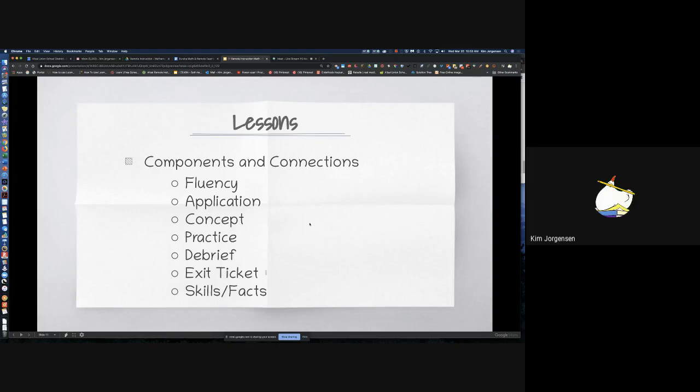The debrief is one of those places where you can still connect with the students. And that would, again, take place in a Meet kind of a situation where you've got the kids in there and they can share what they learned that day. Suggested debrief questions are in your TE. Not much more really exciting than that, but your students will all be connecting with each other and feeling like they're a class again.